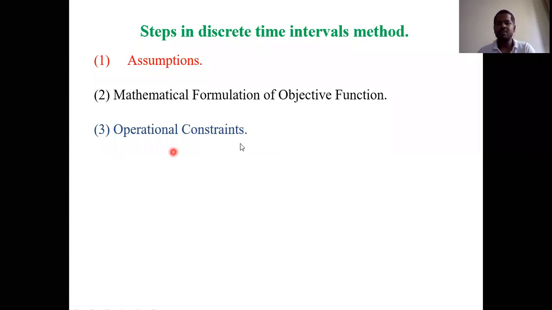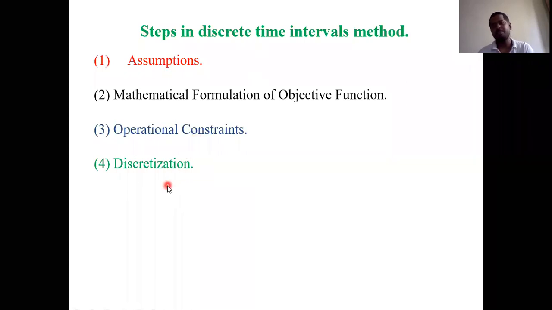But in this case, whatever principle we are using, that is discretization. So that's why in this case, we need to apply that principle, that is discretization. For example, if you want to apply a penalty factor method, you may use a penalty factor method. Similarly, instead of applying the discretization principle, if you want to use gamma lambda iterations, then you can go for the gamma lambda iterations procedure. But in this case, we are using discrete time intervals. So whatever the objective function and the operational constraints are, for these two we need to apply our discretization principle. Again, we need to redefine the objective function and the constraints.